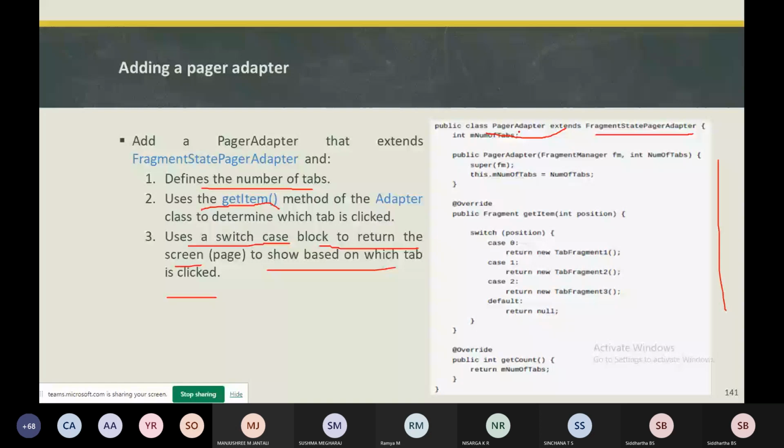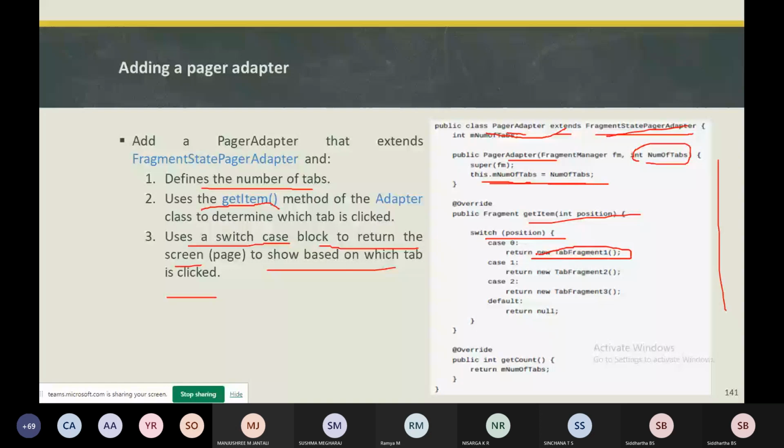Here is the public PagerAdapter constructor, where we are using this.numberOfTabs. Whatever value we get will be the particular context. The next step is we are using the getItem method from the adapter class. Why? To know which particular tab has been clicked and what has to be done. So here we are using a switch case, for which we are creating an instance.